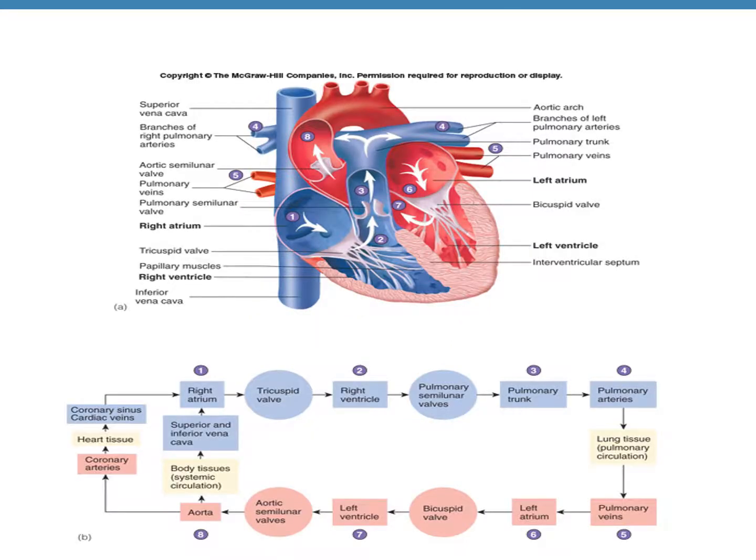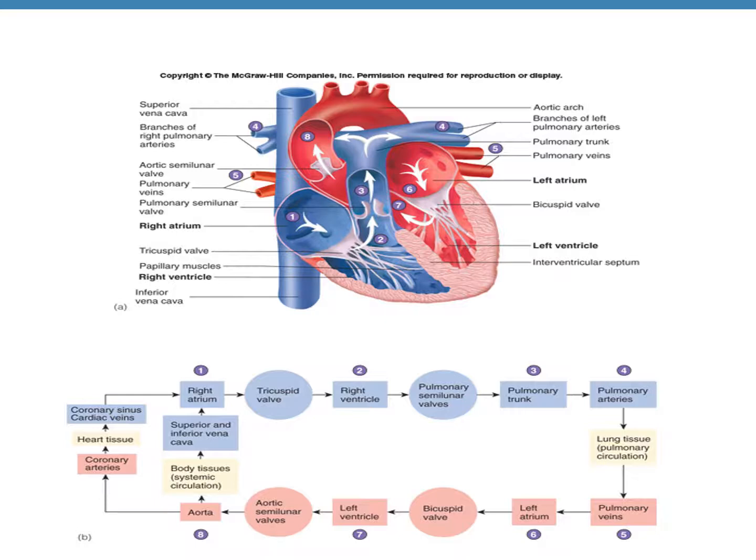This is a really good flow chart explaining the flow of blood, and I would recommend all students memorize this flow chart. Let's start at where it's written number 1. So we start the blood circulation at the right atrium. The right atrium is the receiving chamber. Both the atria are receiving chambers while the ventricles are discharging chambers. So the right atrium is the receiving chamber for all of the deoxygenated blood. And there are 3 blood vessels that drain deoxygenated blood into the right atrium.